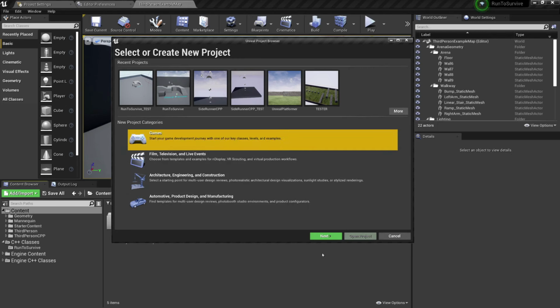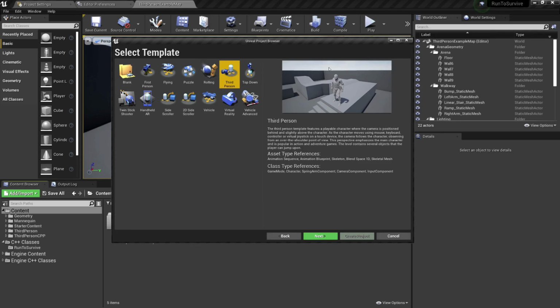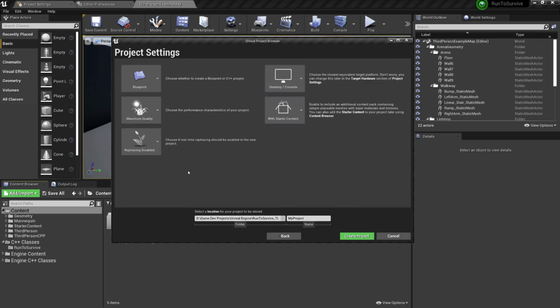So we're going to click here on games and click on next. Now we are not going to take the blank project. Instead, we're going to take the 3rd person one because, well, we want the 3rd person one. And we're going to click here next, and over here is where the magic is going to happen, because I